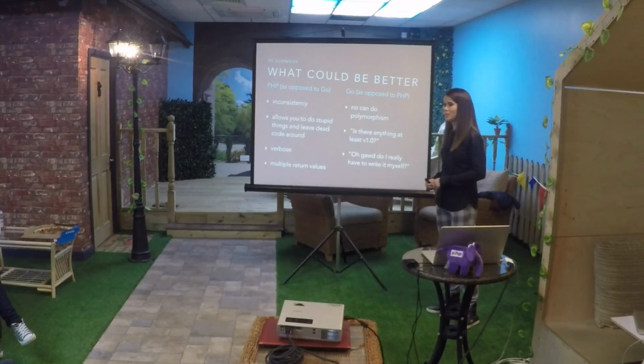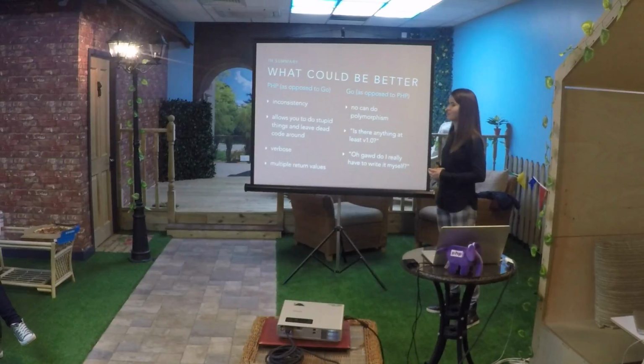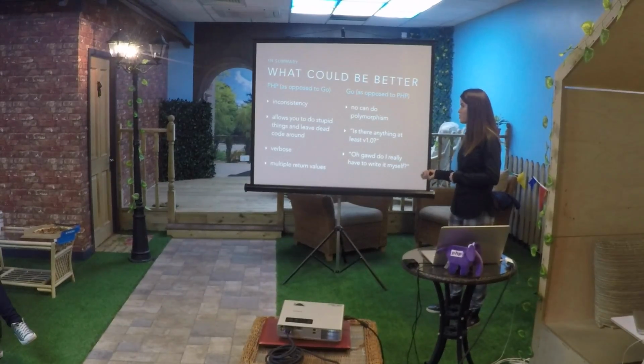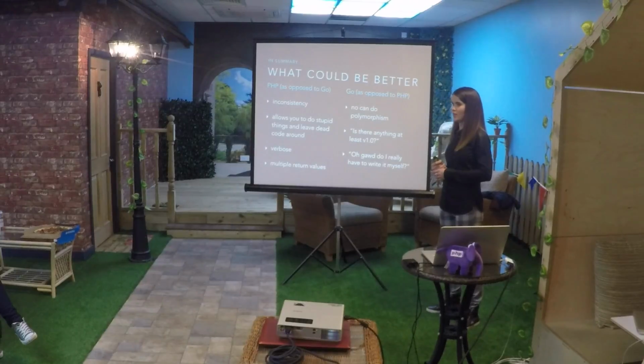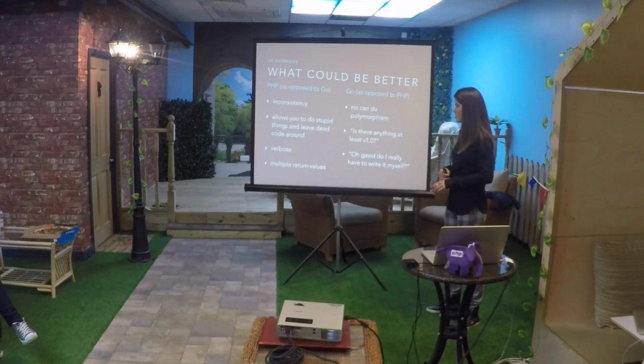PHP feels a little bit verbose to me now, with the whole public-private and function instead of func and semicolons, but that's just personal preference. Go code tends to use fewer characters, I think. And then what I really miss in PHP now that I've been doing Go is multiple return values. This is brilliant in Go, and it's come in handy so many times. I know that PHP is maybe toying with the idea of introducing those at some point. So fingers crossed, maybe. But I really do like them. In Go, on the other hand, you can't do polymorphism, which is a shame, because you have to get better at inventing names, which we all know is hard.